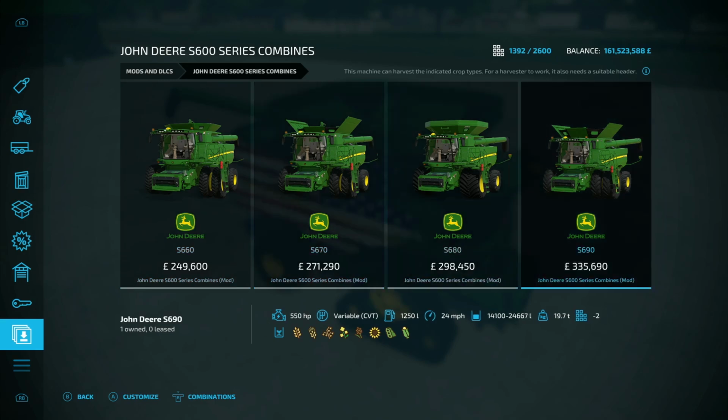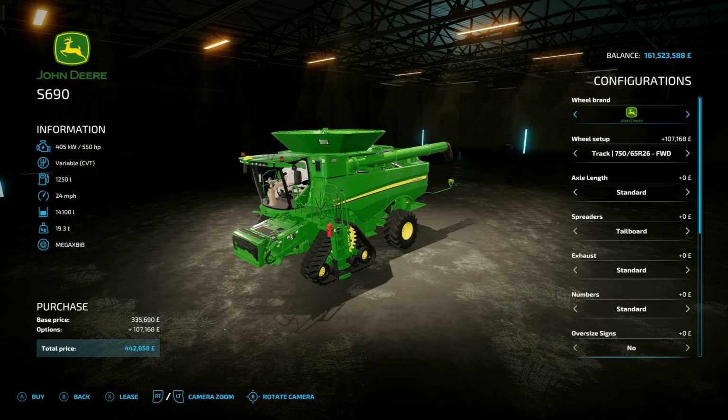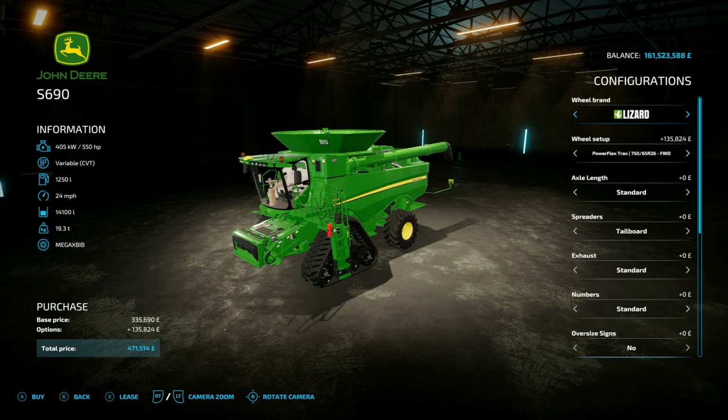So we'll go into the big S690 because obviously we'll go for big. Why not? So 550 horsepower on this one, 24 mile an hour top speed, 14,100 litre on the grain tank to start with, 335,690 to buy. You then got Lizard, Michelin, John Deere, and then back to Lizard now. Oh, got Lizard again. So you got Lizard wheels and you got Lizard tracks. Oh, indeed. I think I've gone for the John Deere tracks, but all